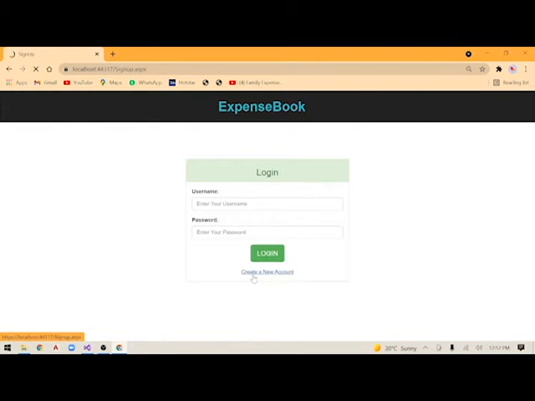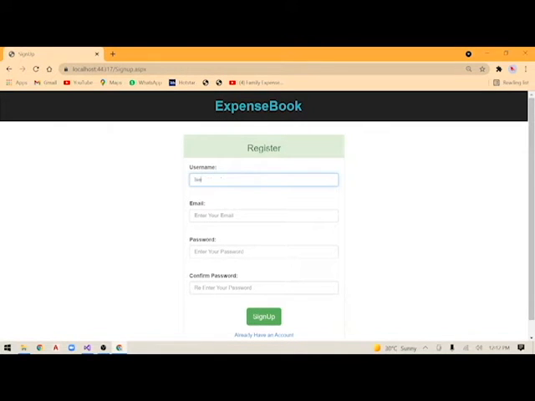First we'll start by creating a new account, and the user would be test user, and the email would be user1@gmail.com. The password will be one capital U 1234. It says only alphanumericals are allowed. So capital USER 1234. The user has been registered successfully.